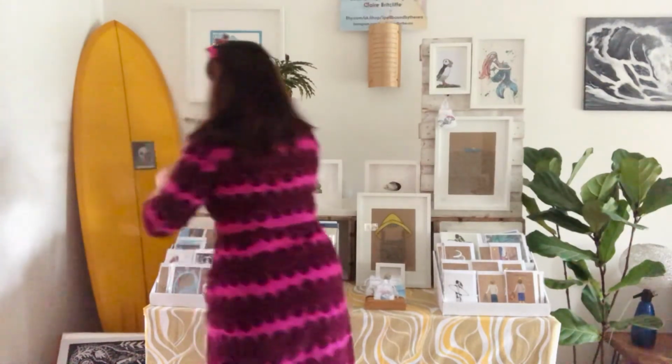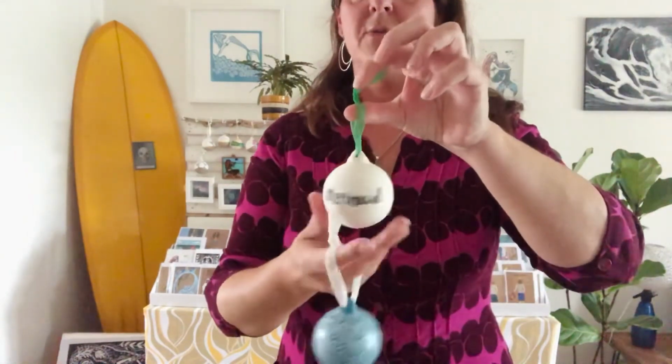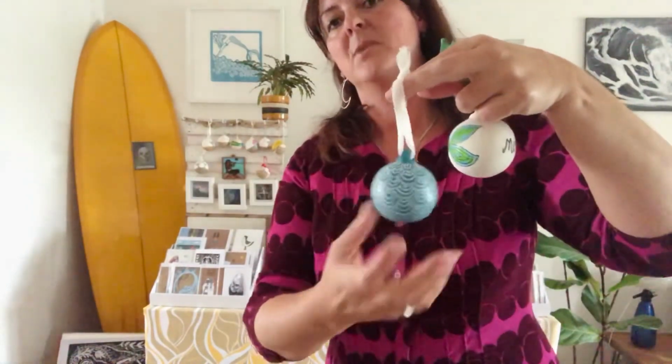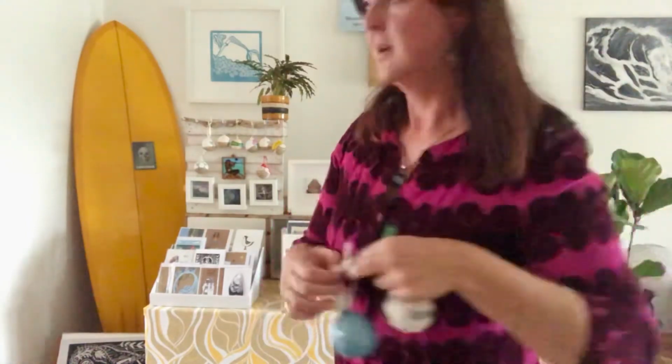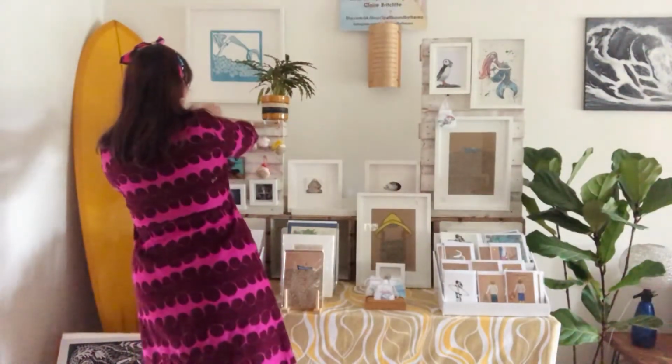And move on to mermaids. As I say, a little bit obsessed with mermaids. So we've got a mermaid tail, just in case you didn't know what it was, there we go. And also these hand illustrated mermaid scale ones, which I think are quite fun. And the last one to show you